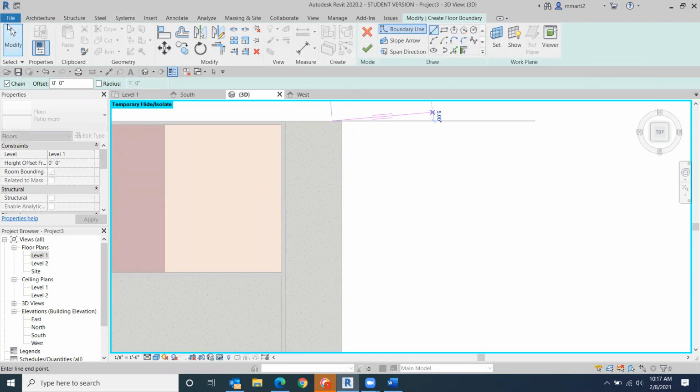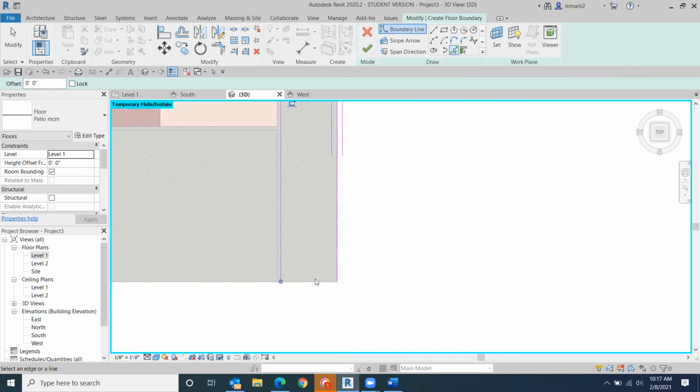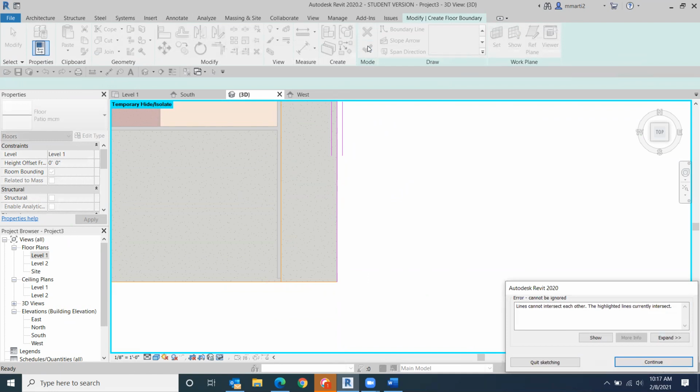Oops, that's not what I wanted to do. I want to do pick lines this time. So this was pick walls, this one is pick lines. So here we can just pick the lines that we want instead of having to draw them. So if I pick the lines of that boundary and I hit the green check mark, once again, I'm going